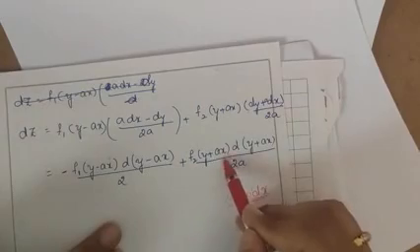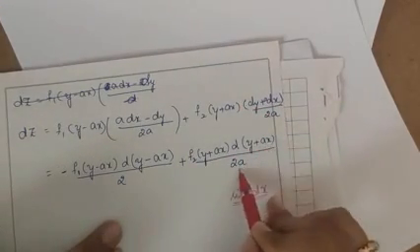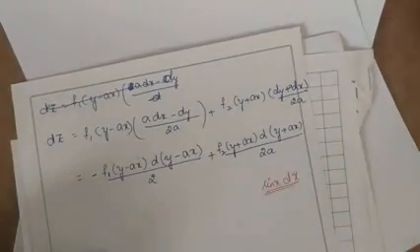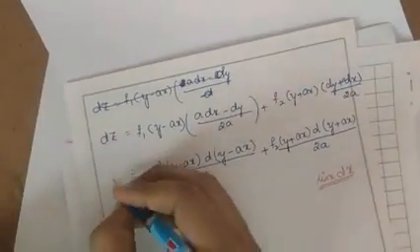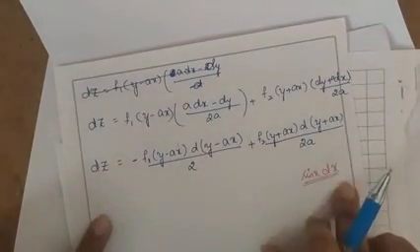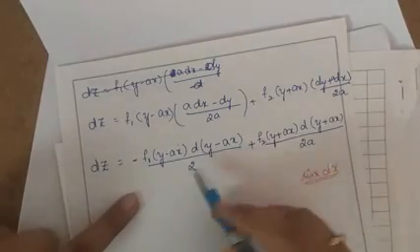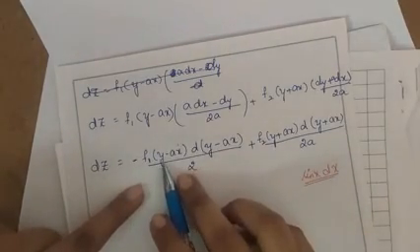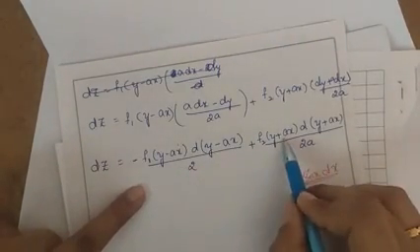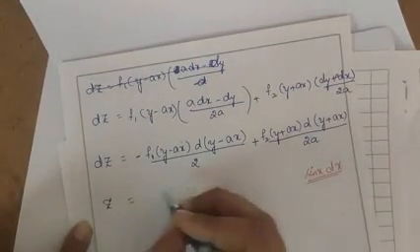Similarly, f2 into y plus ax, I have taken out d as common, so d of y plus ax by 2a. So this is nothing but my dz. So if I integrate this whole term, I will get the value of z. But here, the functions are there, and I don't know the value of this f1 of y minus ax or f2 of y plus ax. So what I will do is, I will write it in general form.